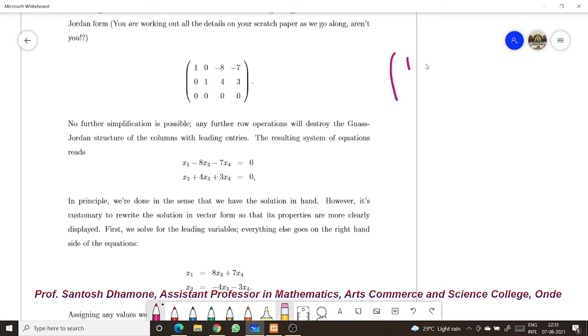Setting x3 is equal to S, x4 is equal to T, we rewrite the solution in the form x1 is equal to 8S plus 7T, x2 is equal to minus 4S minus 3T, x3 is equal to S, x4 is equal to T. Better yet, the solution can also be written in matrix or vector form as